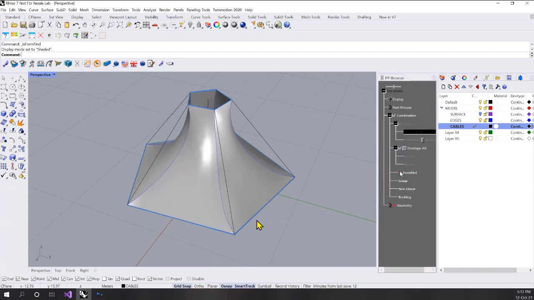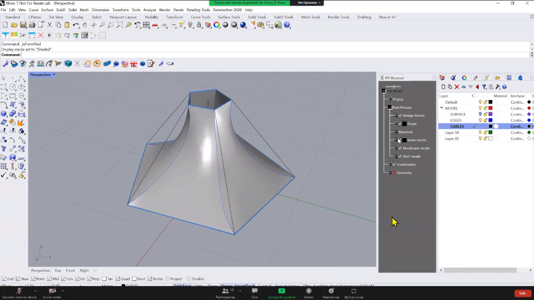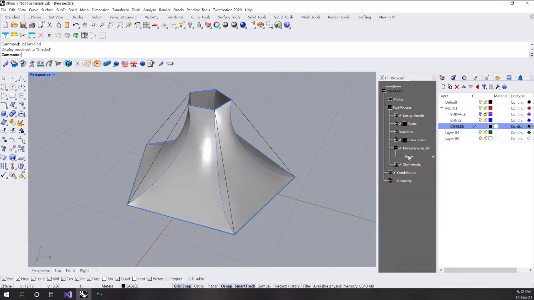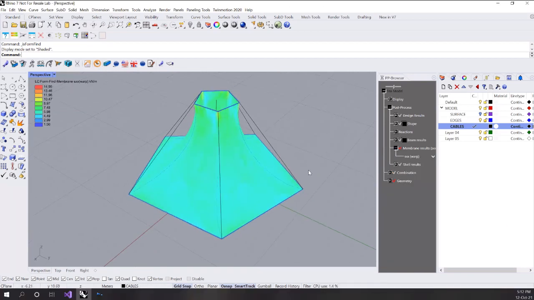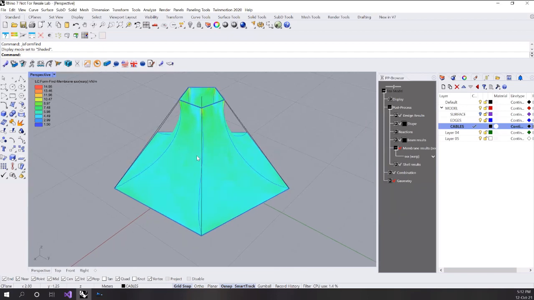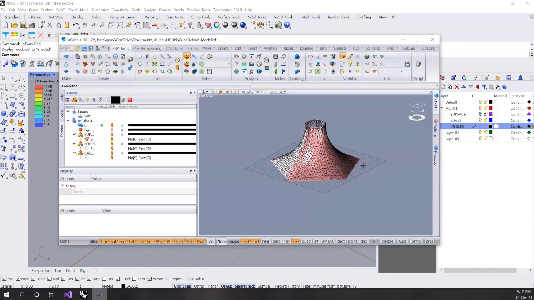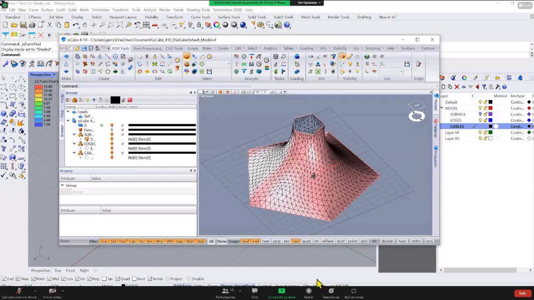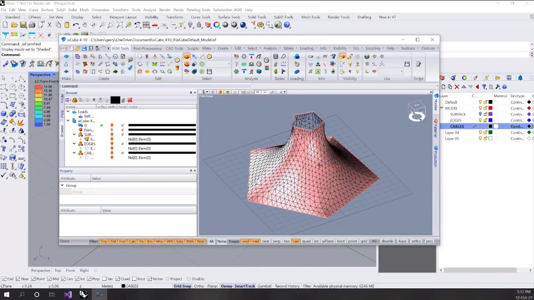Let's give a look at the stresses. Membrane results. That's it. You see, the stress is nearly uniform. The nice thing is that if we go to Ixcube, your membrane is inside Ixcube also. And another thing, even if you're using the